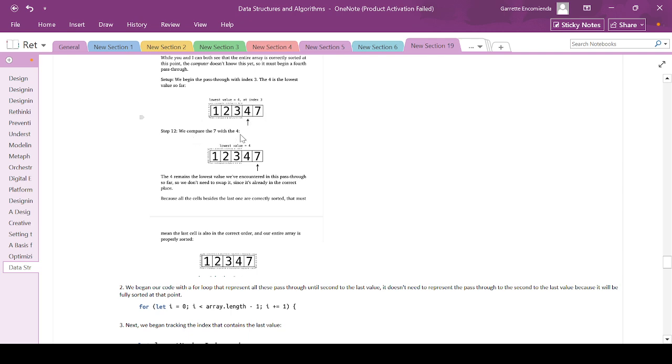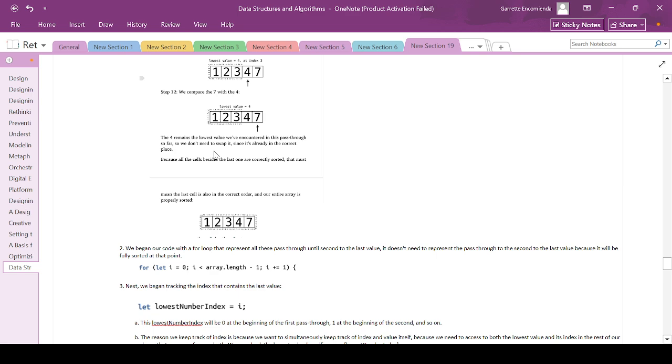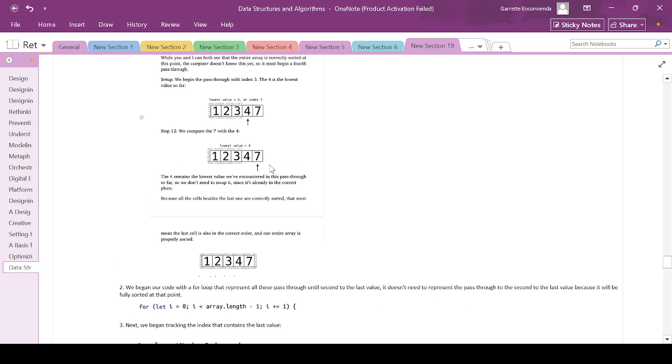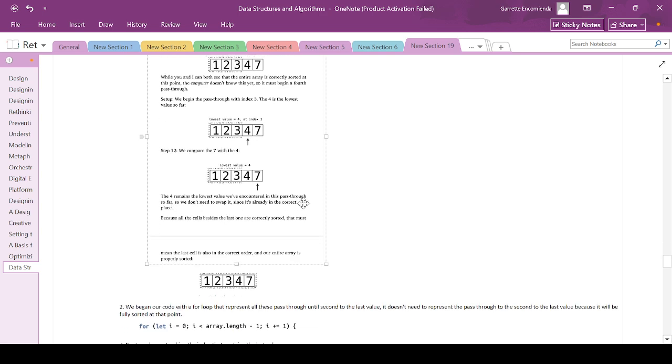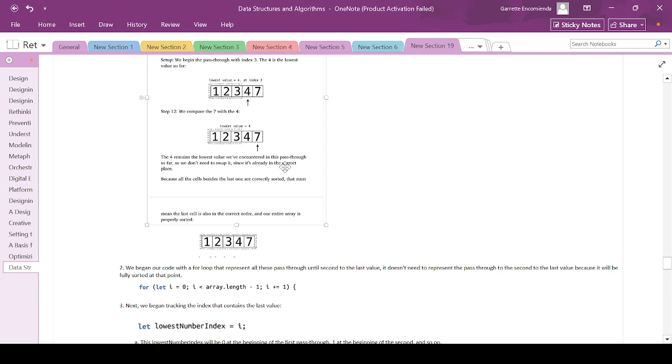Step 12, we compare the 7 with the 4. Lowest value equals 4. So the last step is a comparison of 7 and 4. Because we start here and we know that it's already sorted, we start at 0, 1, 2, 3, the third index, and then the 4 remains the lowest value we encountered in this pass so far, so we don't need to swap it